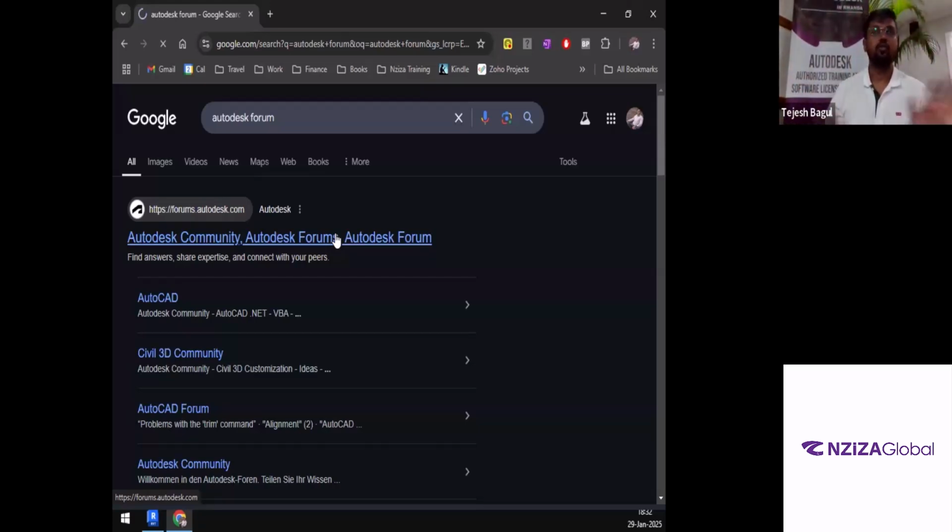In case you don't have a paid version of an Autodesk product, that is fine, but you need to have an email ID and password associated with autodesk.com. Then you can access this website. If your question or challenge has not been resolved earlier by someone else, then you can go ahead and post it by yourself as well. Okay, till this thing opens, we'll go back to